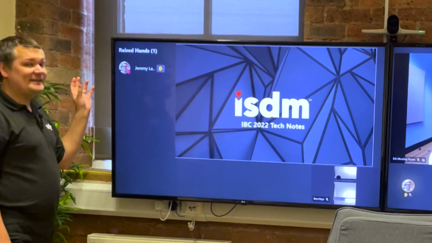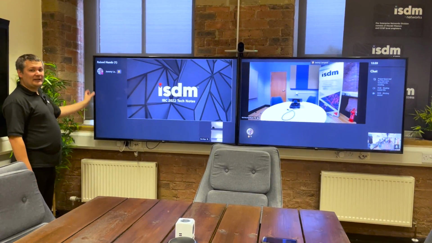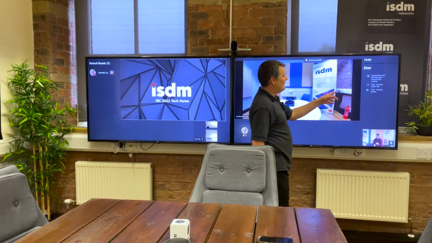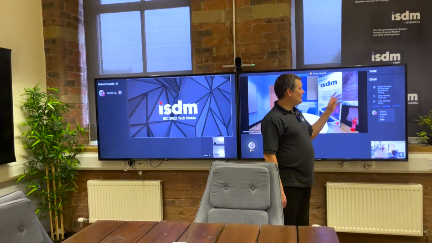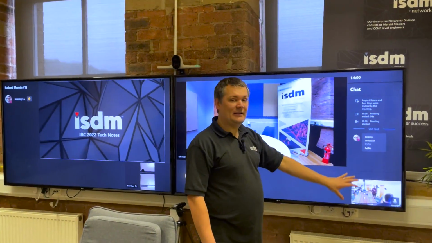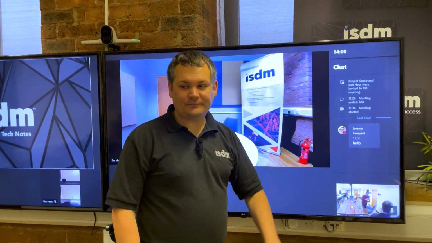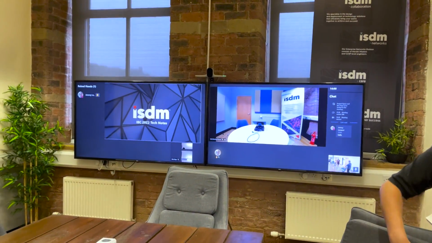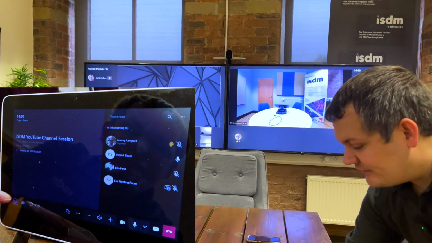If anyone raises their hand to ask a question, that will appear down here on the left. And you also get your chat messages permanently on screen over here on the right. So if anyone's posted any questions or any messages in the chat, they'll appear up there as well. So that's a really high-level overview of the front row settings. So I'm just going to go back to gallery mode,